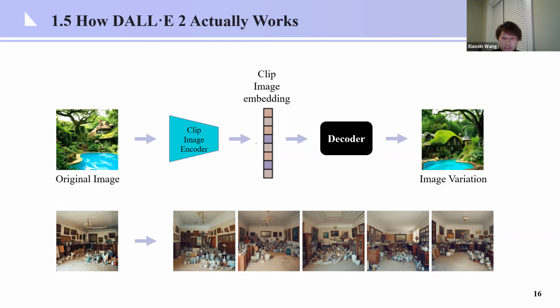In DALL-E 2, this is done by obtaining the CLIP image embedding and running that through the decoder. By encoding an image using CLIP, and then decoding this image embedding using the diffusion decoder,